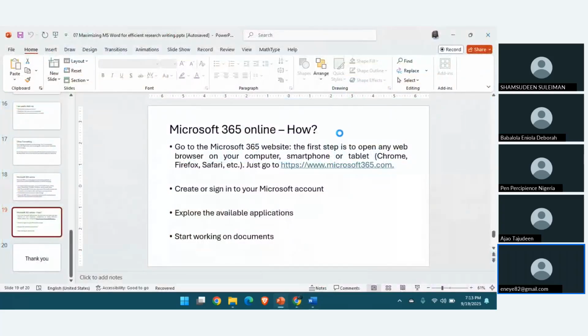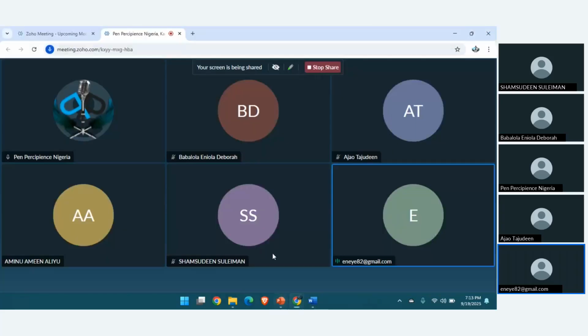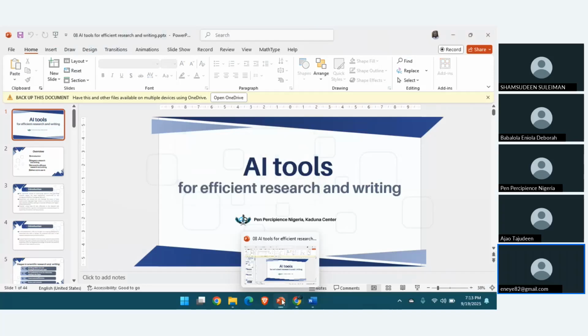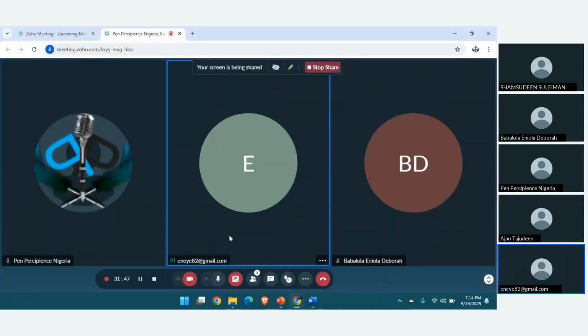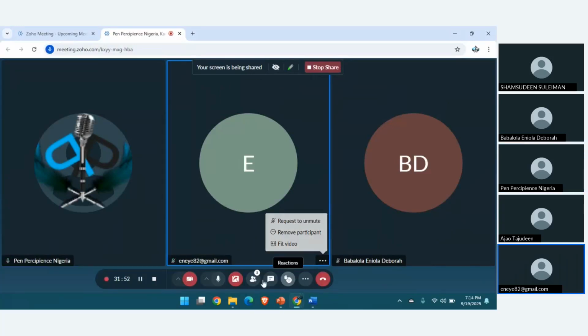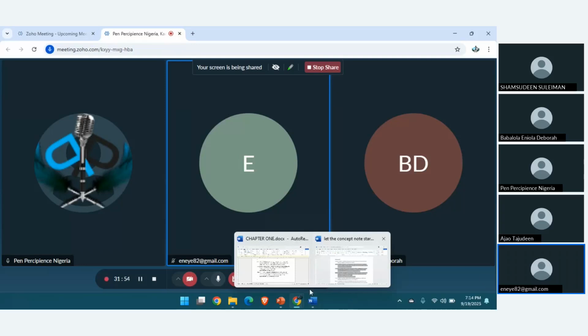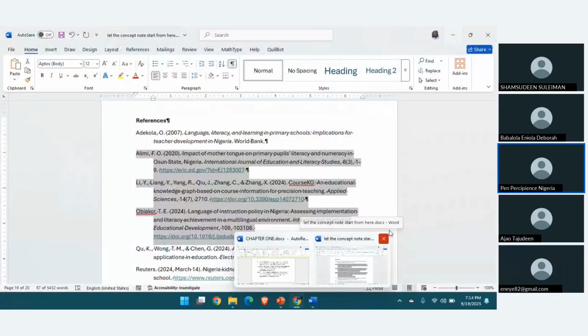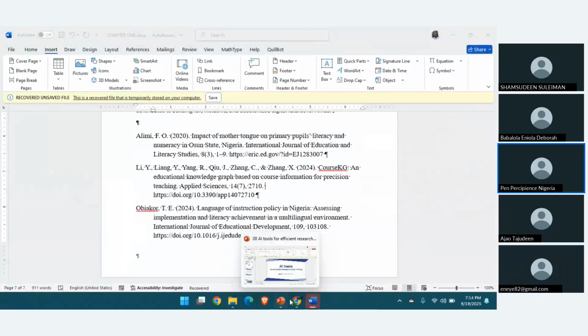So today, we'll be looking at AI tools. Who is this person that is disturbing our class? Right. So today we'll be looking at AI tools for